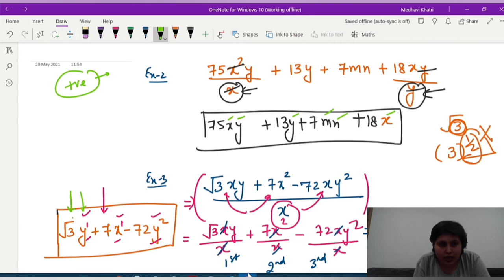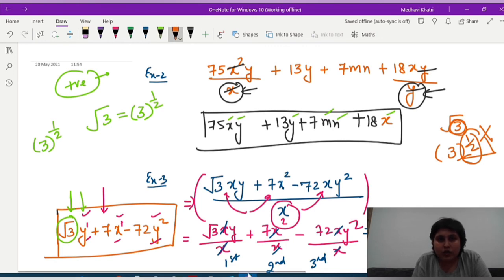But you guys are thinking that this constant 3 is having a power of half, because you know very well root 3 can be written in exponential form as 3 to the power 1 by 2. So you all are confused that 3 is having a fractional power, which we restrict in the case of polynomials, that means any power should not be in fractions. But I made it very clear that only the variables' power needs to be checked and constants are to be left as they are. They need not be changed or checked. Here 3 is a constant and we are not at all interested in checking the power of this constant. We are just worried about our variables and their powers.